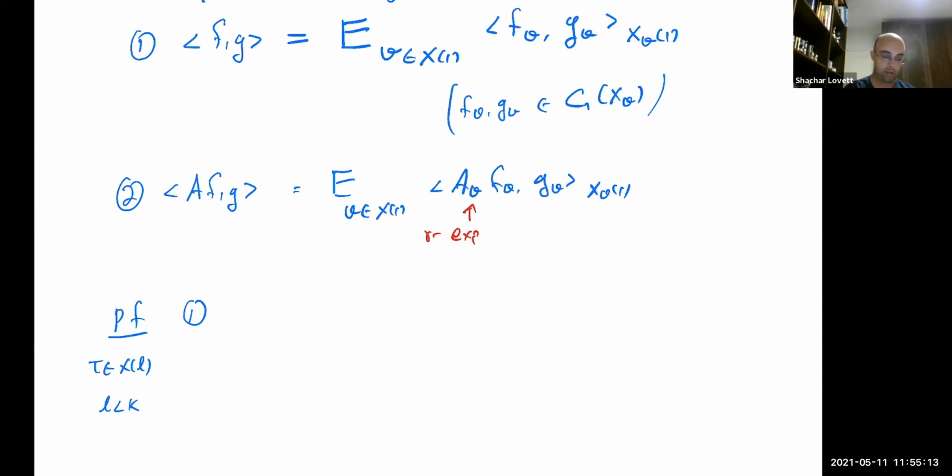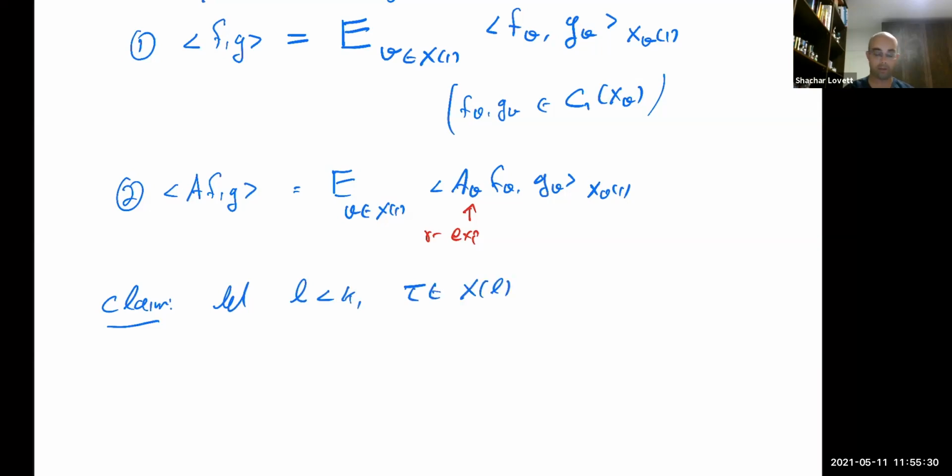So before proving it, let me just make the following claim. It's going to be useful for us. Let L be less than K and fix some tau in X_L, so some L-dimensional face. And let's look at X_tau, which is all the faces that contain tau. And let's look at pi_K of that,